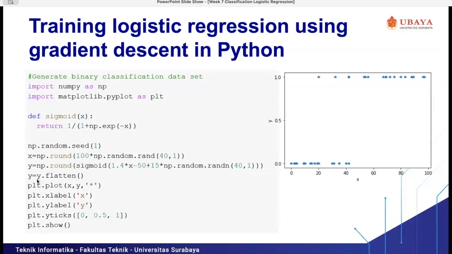Okay, so we flatten the y, converting it into a vectorized form. Then we plot the x and y with the plot function. Then we give the labels for the x-axis and also the y-axis. Then we also use the y-ticks, starting from 0 to 1, and we have three different y-ticks, which are 0, 0.5, and 1,